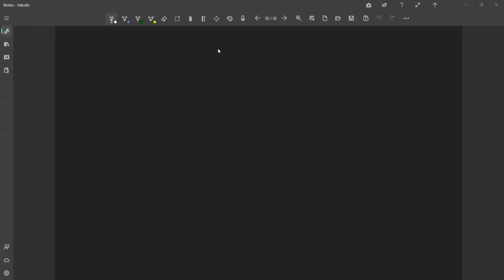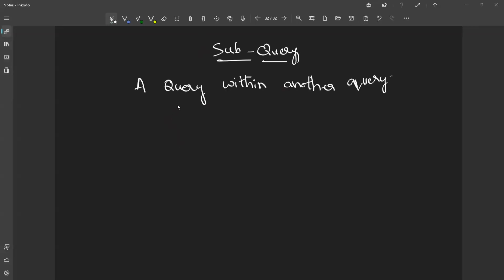What is a subquery? A query within another query is called a subquery. In a subquery, which query will execute first, inner query or outer query? In a subquery, the inner query will always execute first. After that,